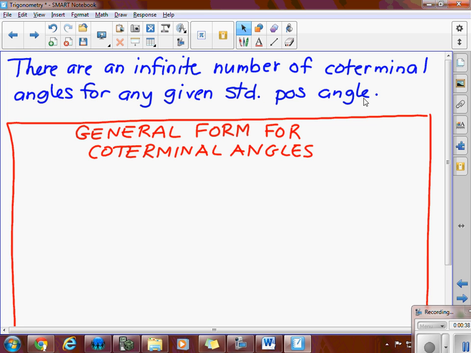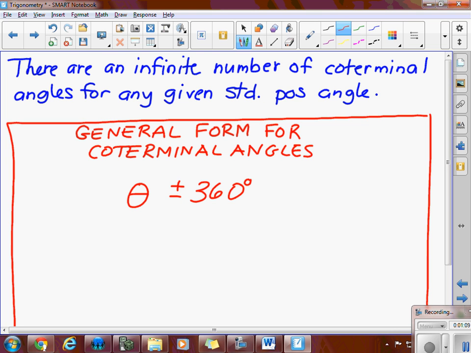So yesterday we started with this blue part up top. There are an infinite number of coterminal angles for any given angle in standard position. And then there are two expressions that we have to know. They're not given on a formula sheet, but you're expected to understand them, how we can talk about the general form of any coterminal angle. And these are what they are. So the general form of any coterminal angle is just taking the angle theta and either adding or subtracting